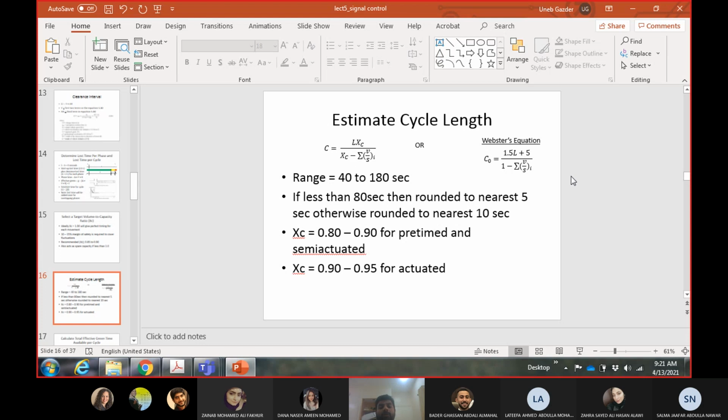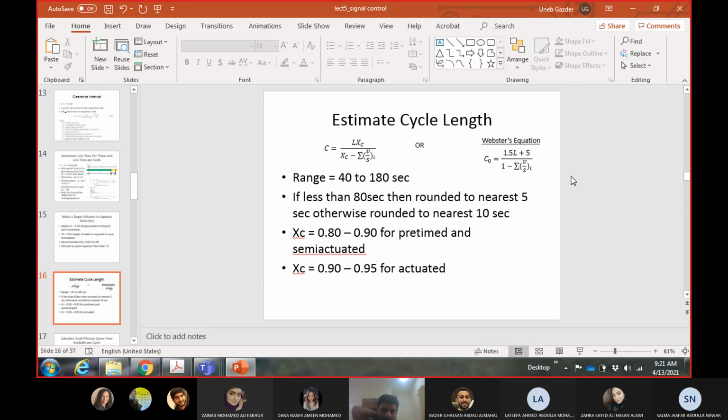Okay, and if you give more than 180 seconds, then it means that each side will have a very long waiting period. Okay, in that case, obviously you will have a long queue at that side, and drivers get more frustrated if they are not moving. Even if you cannot go through the intersection in one cycle, if you are still moving, like after every 1 minute you are moving ahead in the queue, you tend to feel relaxed.